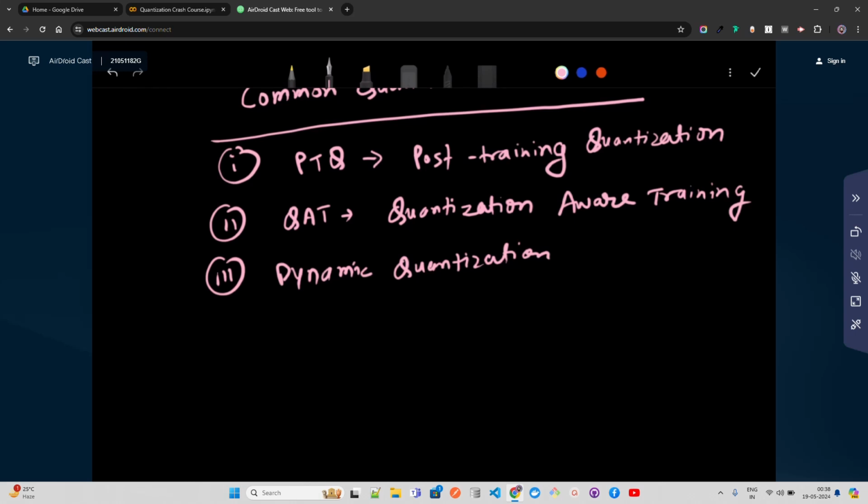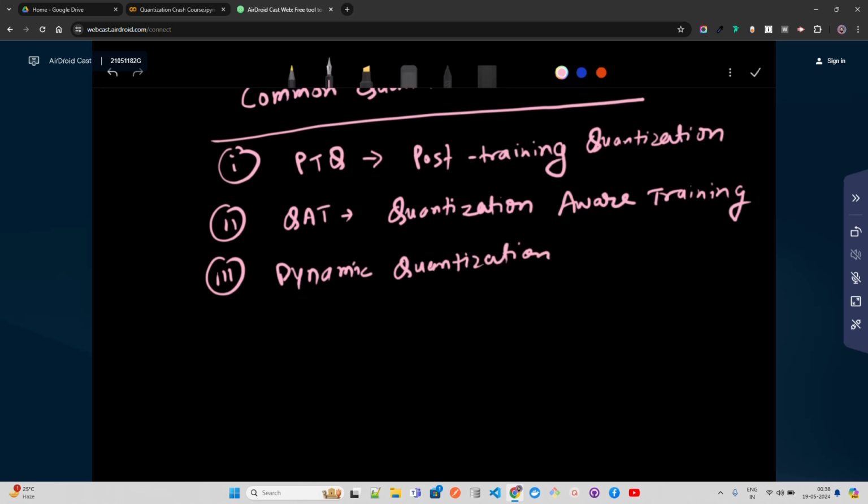Now, PTQ involves applying quantization to a pre-trained model. For example, if you take a Llama 3 foundational model and quantize it using llama.cpp or AWQ or blah blah blah, those are nothing but post-training quantization. You are not retraining it. So without retraining, it's quick and easy, but might result in a loss of accuracy. Keep this in mind: if not done carefully, you will have performance degradation. There is no doubt about it. People who say, "Oh, you are doing quantization, there is no training, there is no performance degradation," it doesn't make sense, right? There will be performance degradation.